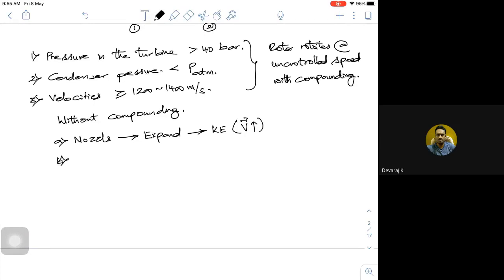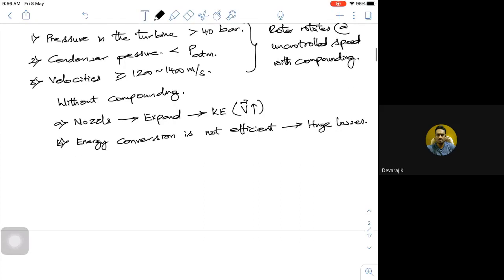Second one, energy conversion. If it is done in a single stage, then the energy conversion is not efficient. That means I may have huge losses. It can be any losses, such as frictional or hydraulic losses or mechanical losses. This will lead to a major thing, speed,